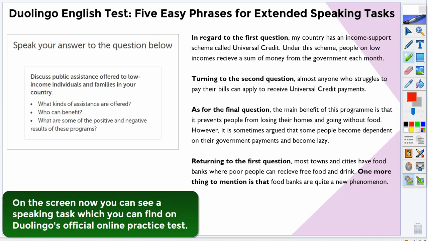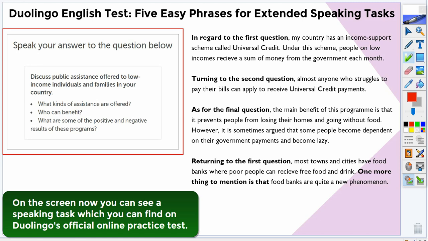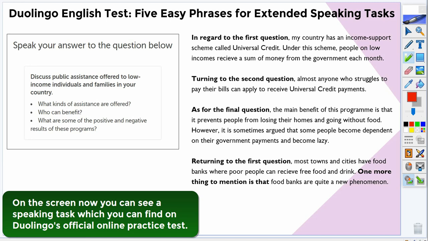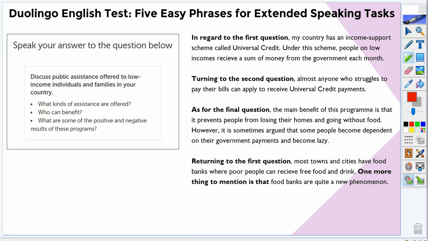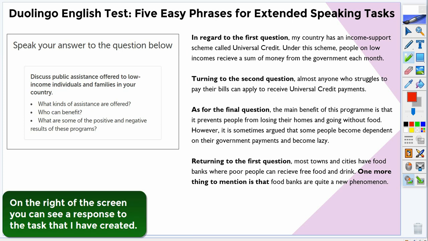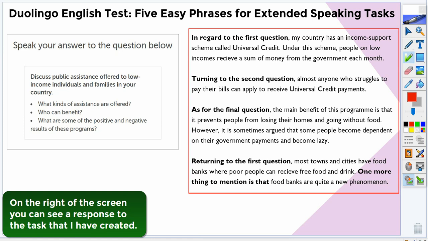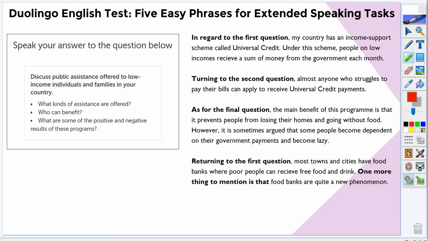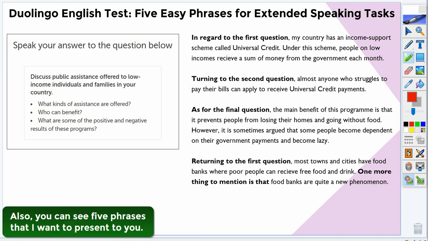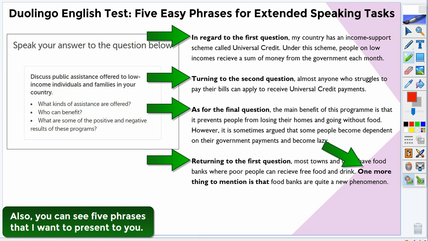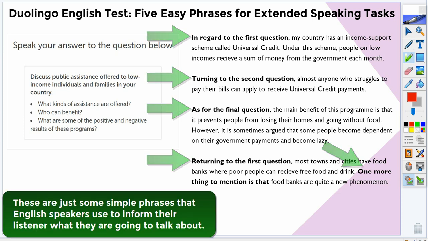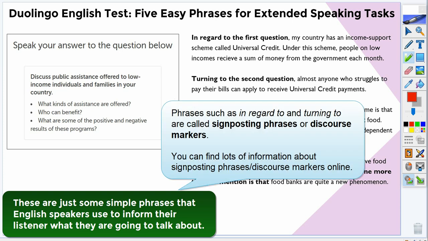On the screen now, you can see a speaking task which you can find on Duolingo's official online practice test. On the right of the screen, you can see a response to the task that I have created. Also, you can see 5 phrases that I want to present to you. These are just some simple phrases that English speakers use to inform their listener what they are going to talk